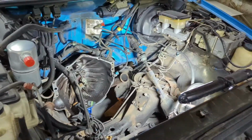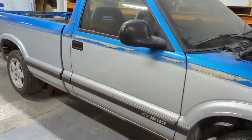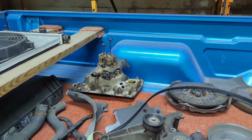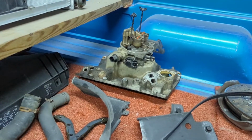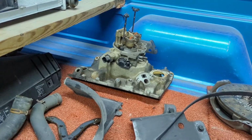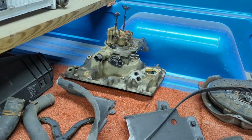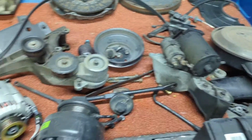So this is a TBI fuel injection motor, not the spider type injection. So there's what it had. There's a TBI unit. It's on an Edelbrock manifold, but it's an emissions stock replacement manifold. And honestly, it wasn't very good, I didn't think. All the different parts out of this thing, but